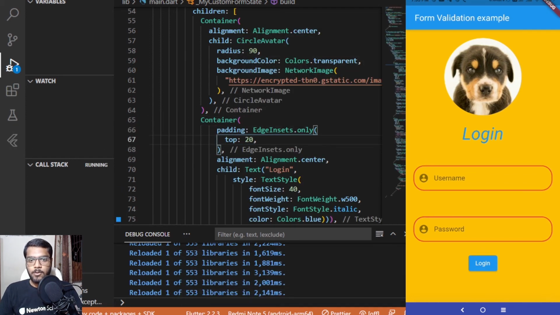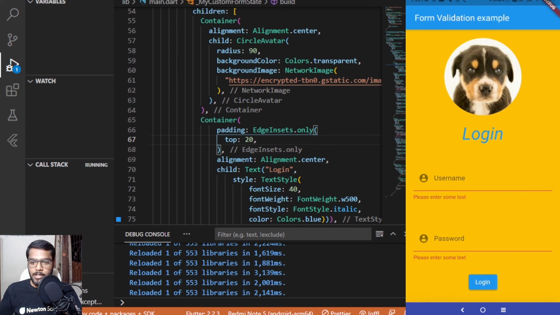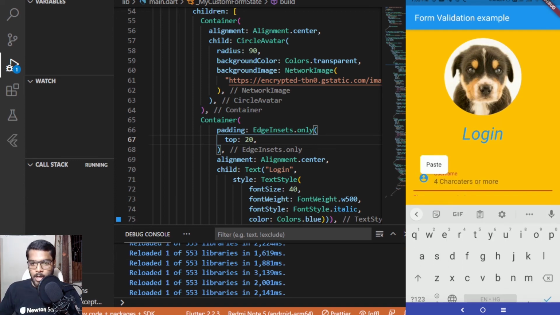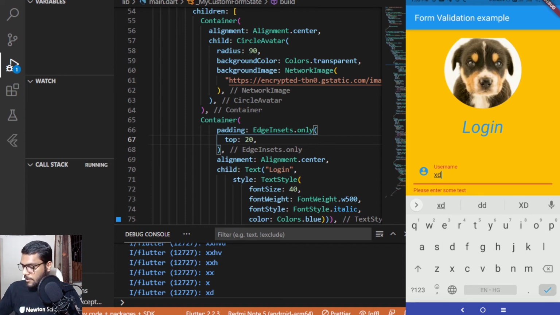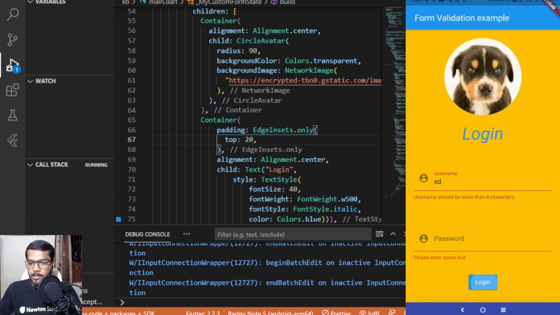and there it goes, the final product for what we have created. So now you can see when I click on the login button, you are displayed with an error which is saying please enter some text. Now when I enter some text inside this, let me add 3 characters at first, or just 2 characters. So when I click on the login button,